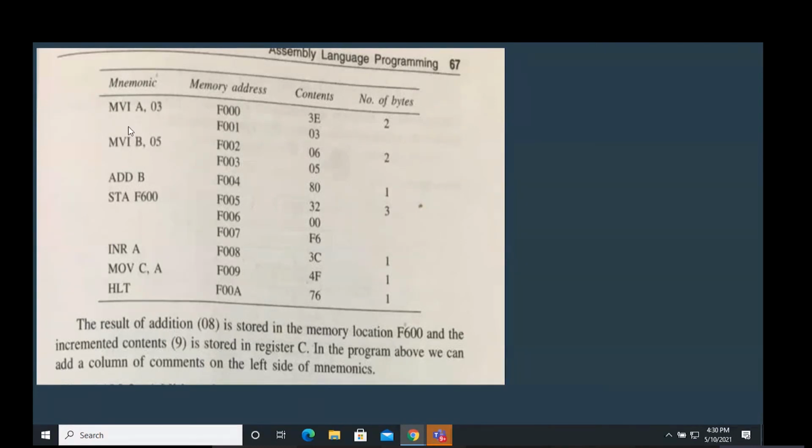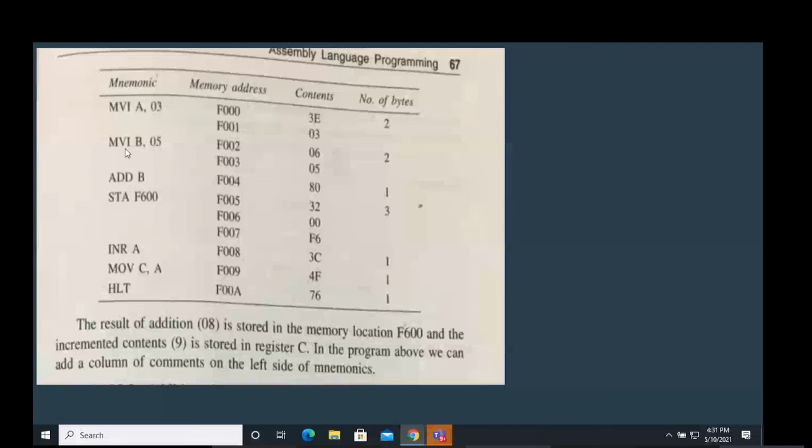That takes 2 bytes. So it takes 2 memory addresses. Let's say I'm storing these mnemonics from this address onwards. You don't need to remember the hexadecimal code, don't worry, but I'm explaining how the hexadecimal code is. What you must know is 3E is the hexadecimal representation of MVI A. So what is the 03? 03 is the data from the question. Tomorrow they can print here 7, tomorrow they can print here 8. The MVI A code will be the same, but this value can change based on the program. So that value is what comes over here.